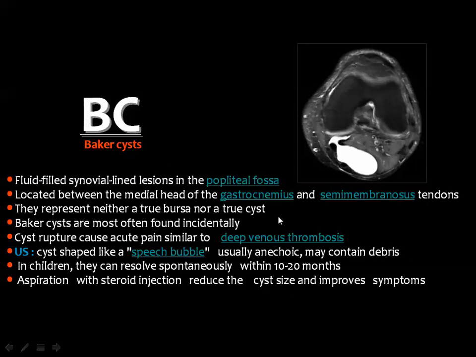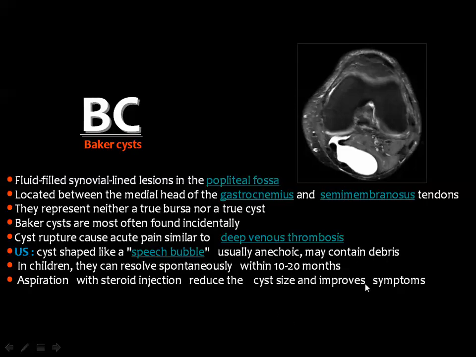Then the lesion is frequently detected incidentally. If it ruptures, it will lead to extravasation of the synovial fluid into the calf, and this will present with acute symptoms which are similar to deep vein thrombosis. By ultrasound, by CT, by MRI, the lesion looks like a speech bubble with an anechoic appearance, and